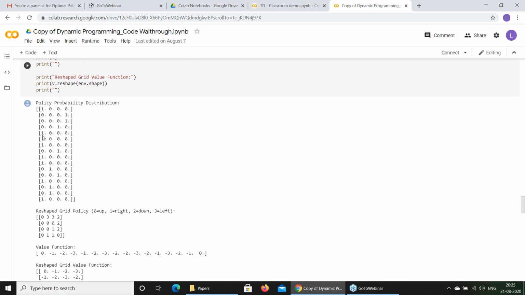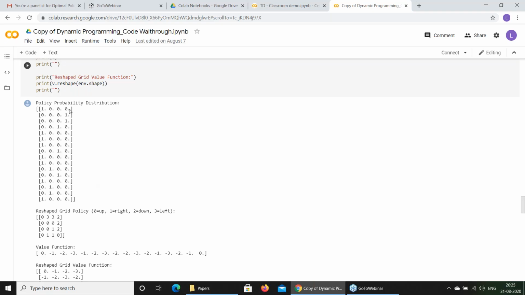Now see here. I think there are two ways you can see, right? 0 is up, 1 right, 2 down, 3 left. So that means in the 4 by 4 grid, if you look at it, 0 up. Or let's start from down here. 0 is up, right? Then 2. Down it goes. Next 1, 1 is right, 1 again right, then 0 up. So this is where it goes.